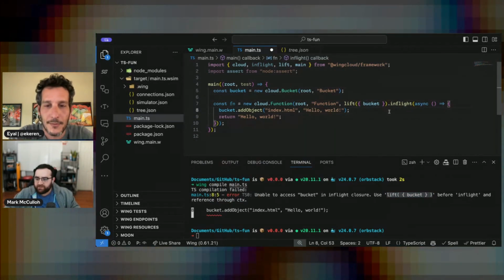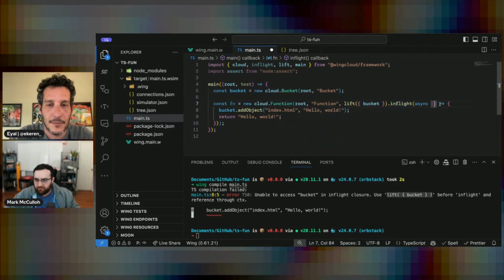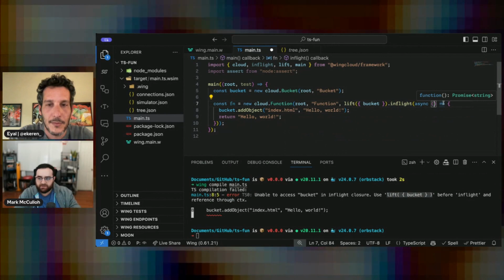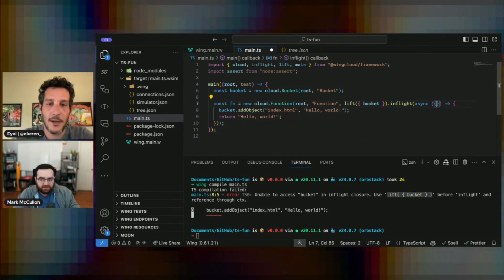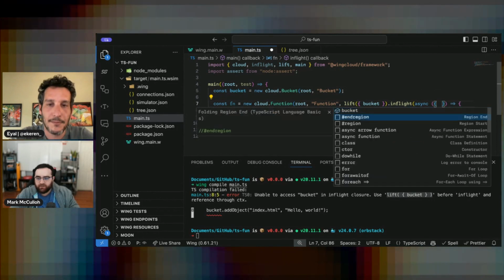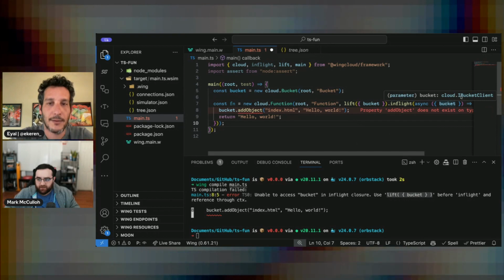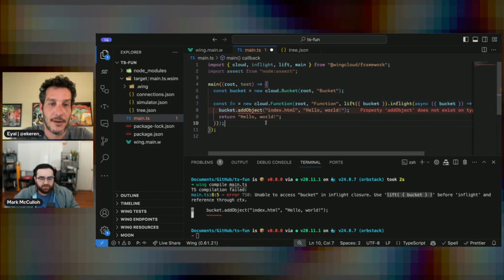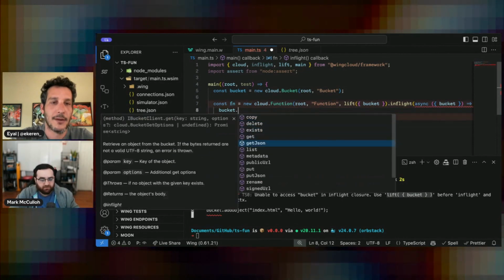So now what this did, and it's going to be hard to tell, it's going to be impossible to tell based on this contract, but the first argument of this in-flight closure is a context object that contains everything that was lifted. And you can see here is bucket. Not only is it bucket, but it's a bucket client. Nice. So now this contract is no longer valid, and you'll have to say one of these.